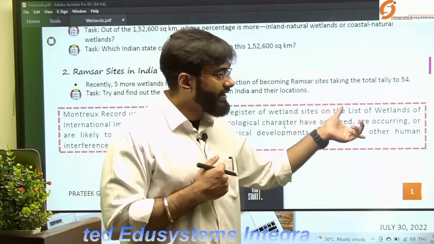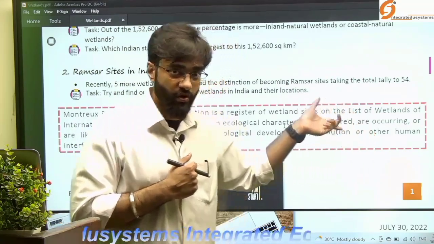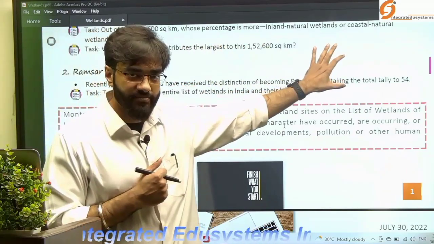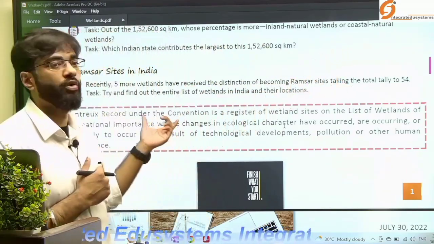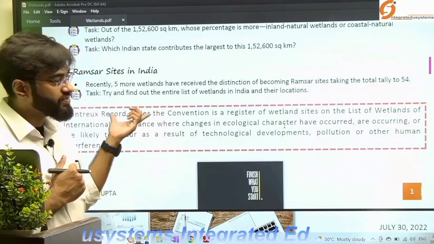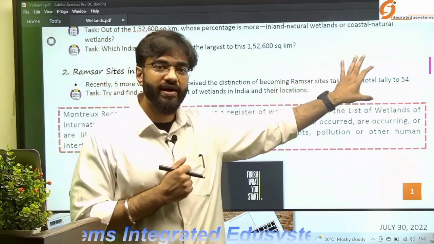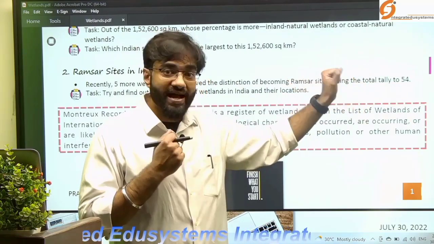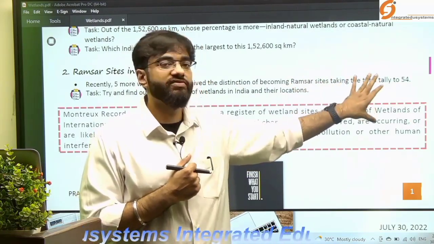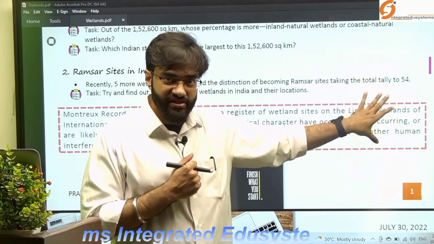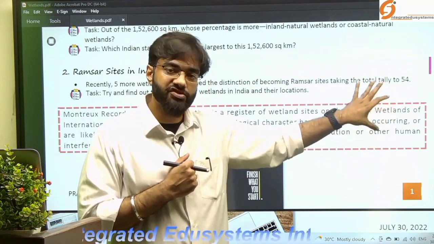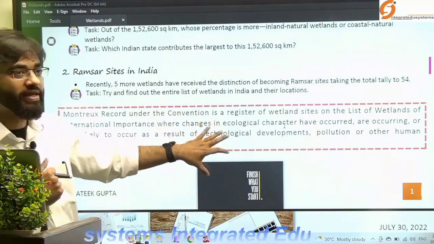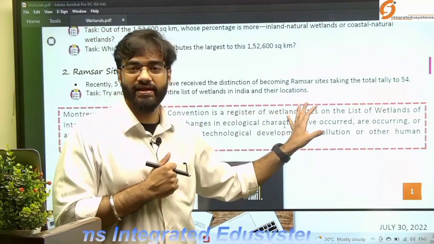So according to that procedure, or according to that dimension, the wetlands which were in the Ramsar Convention are put in the Montreux record, so as to signify that those particular wetlands need some drastic measures to be taken, so that conservation is taken and the natural ecological balance is restored in those wetlands. So currently, your task will be that in India 2 wetlands are there which are in